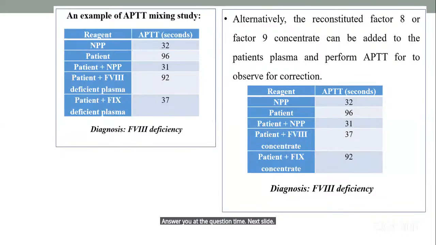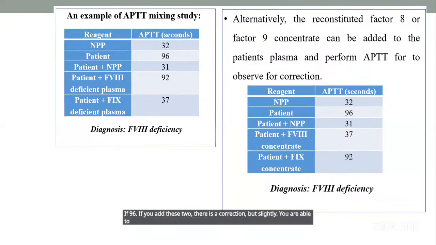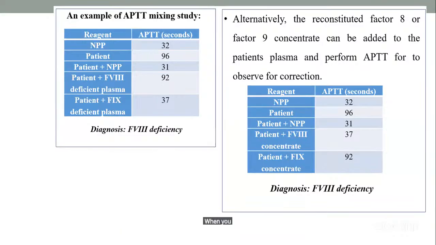It is still the same thing, the presentation. An example of APTT mixing studies. You will see the normal pooled plasma has given a change to 32. Patient sample is 96. If you add these two, there is a correction, but slightly. You are able to see that at this stage now, when you mix patient